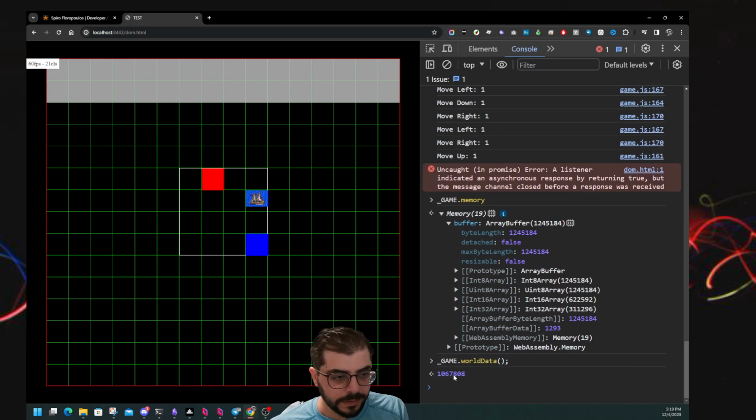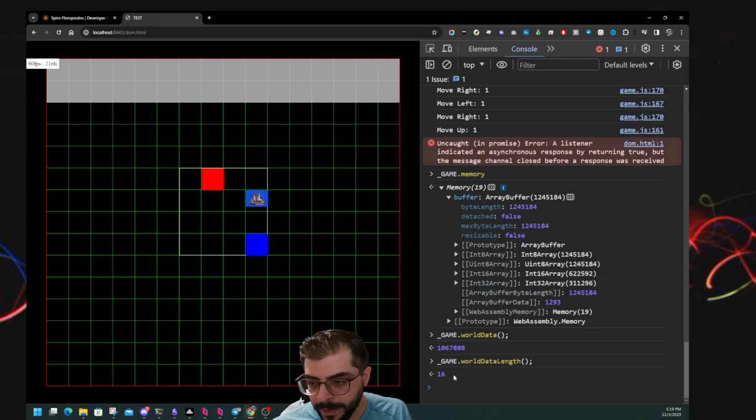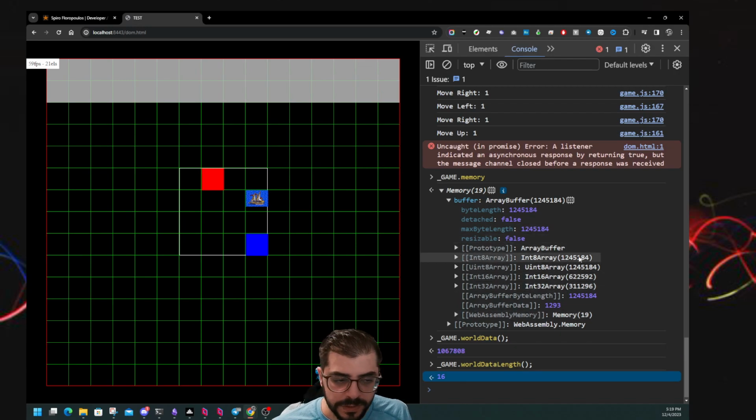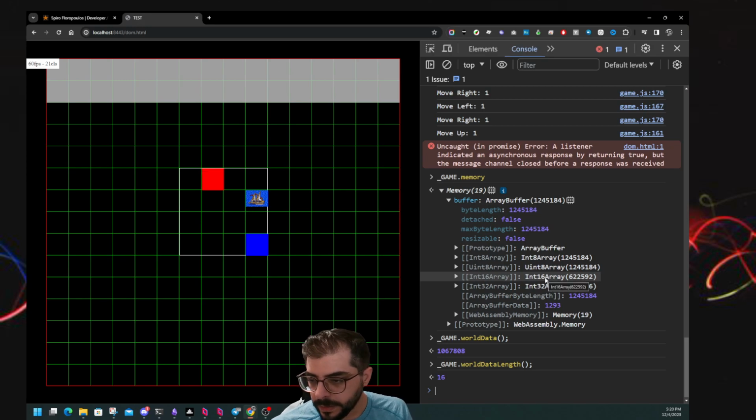And there it is. And then if I get the length, 16. So if I do this as my starting point, and then my endpoint is this plus 16, and I look in one of these array buffers, probably just like uint8, I would probably just do that. Then what I can do is something like,